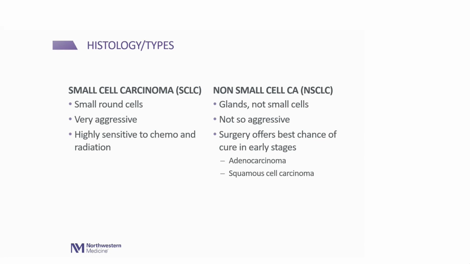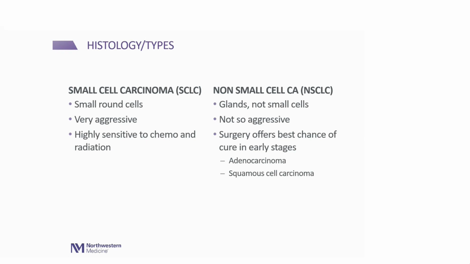Non-small cell, again, is not so aggressive. The adenocarcinoma subtype I talked about, that's more common in non-smokers, is actually quite a slow-growing type of lung cancer. Squamous cell cancer, which is another type of non-small cell, is probably a little more fast growing, maybe a little more aggressive. But in general, if you look at the difference between the two, small cell is by far the quicker growing one. This is not as quick. For non-small cell, typically, if it's early stage, surgery offers the best chance of cure, whereas for small cell, we usually don't talk about doing surgery.